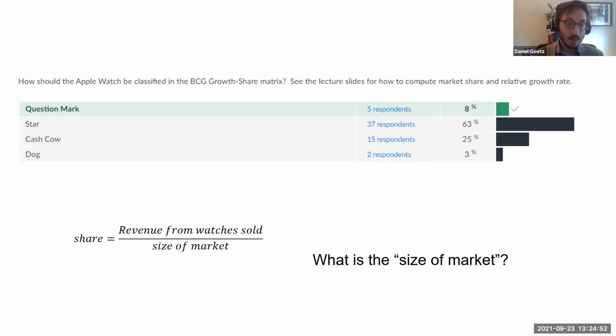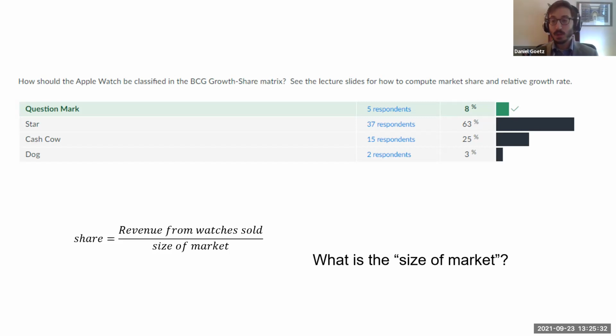Okay, small market share. Using the definition that all watches are the relevant market here, any watch buyer is a potential Apple Watch buyer, but very few of those people buy an Apple Watch. Yeah, and the growth rate isn't as high as some other watch-only brands. So that's something you may want to look into more, to see if there is a large growth rate for the Apple Watch compared to watch-only brands like Rolex or some of the other ones that were mentioned.